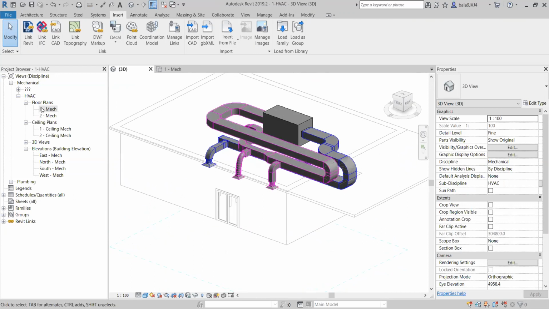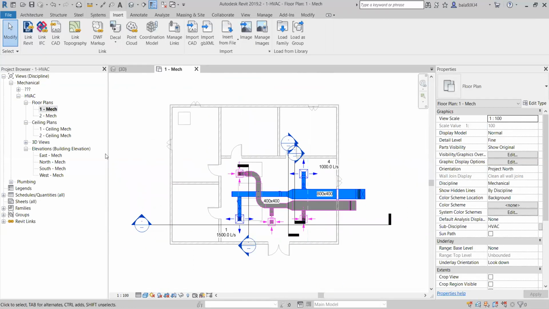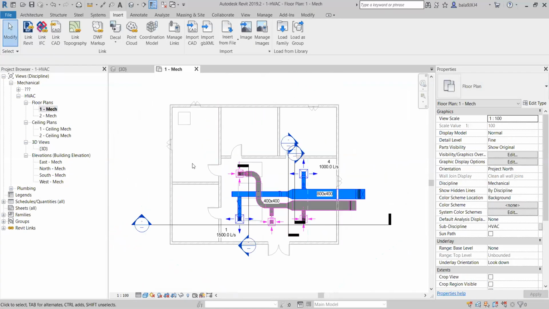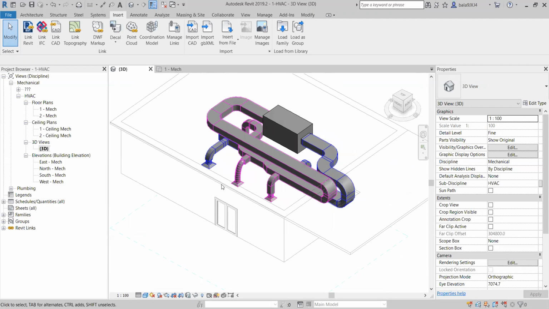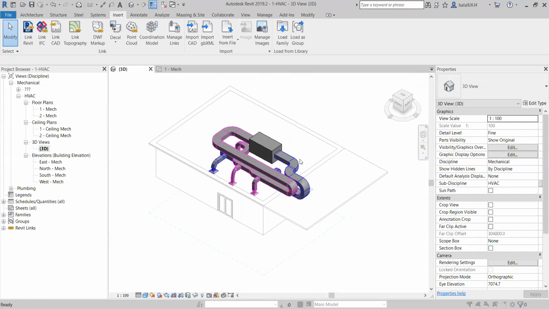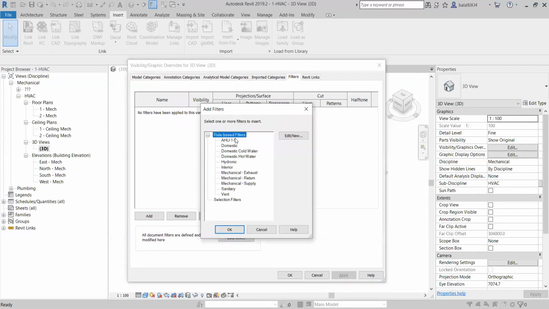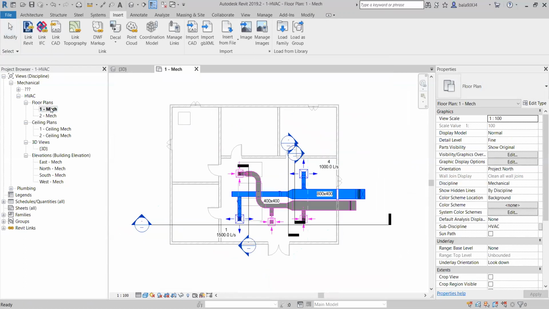Why I cannot see them is that the Level 1 floor plan is one drawing, and 3D is another drawing. Now I want to apply the same colors I created in the floor plan to the 3D drawing. Here also I will go to Visibility Graphics and filters and add this filter like this. It's a practical method. But what I do, I will go to the floor plan. Here I will create one view template. Listen carefully. I will create one view template to copy standards from this view.